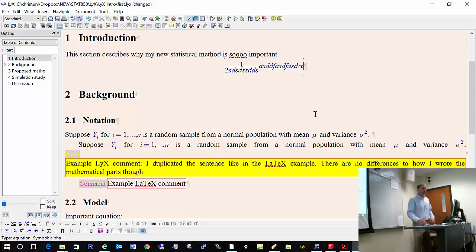Okay, any other questions? Yeah. So if you're typing in normal mode, could you just do a dollar sign to quickly jump into math mode if you don't want to point and click? You cannot just type a dollar sign to do that, but what you could do is actually use